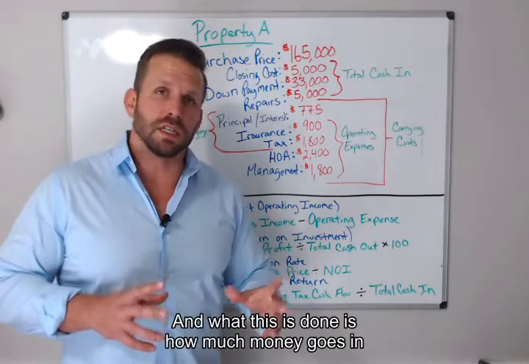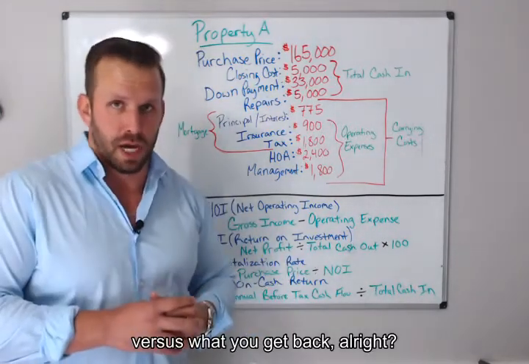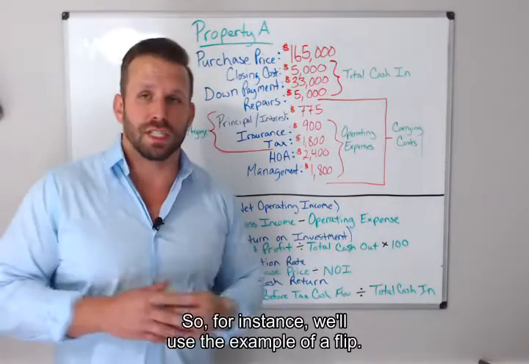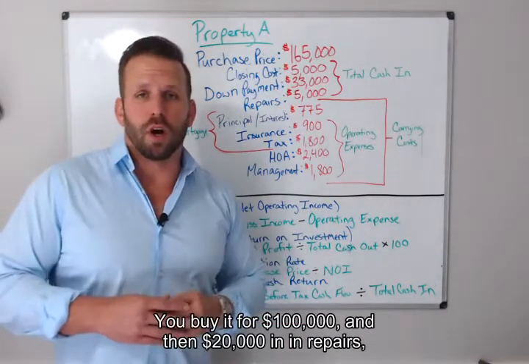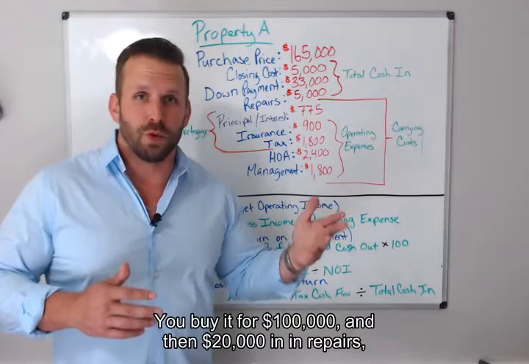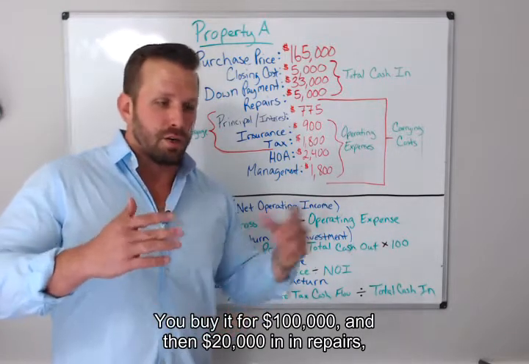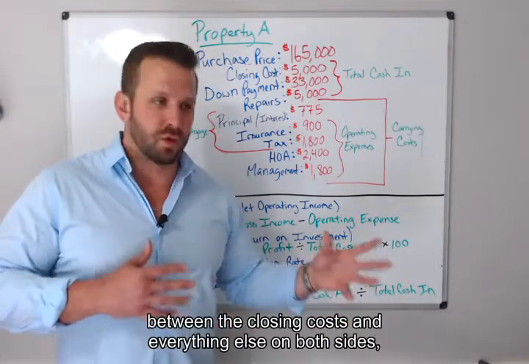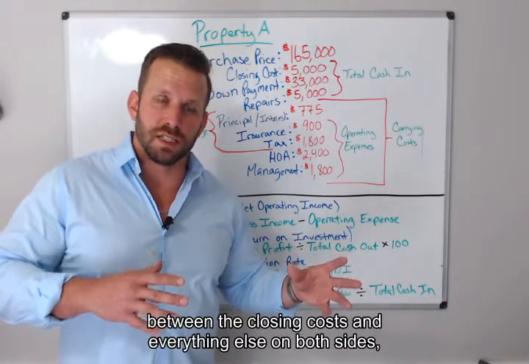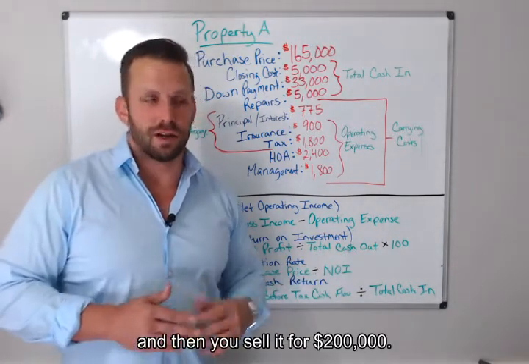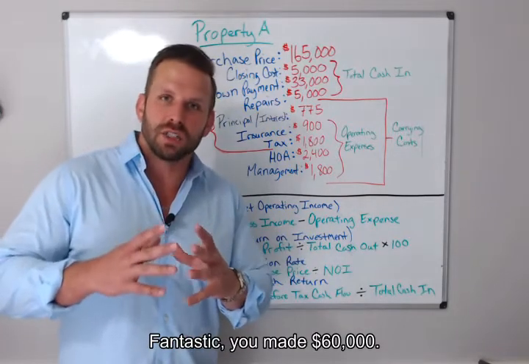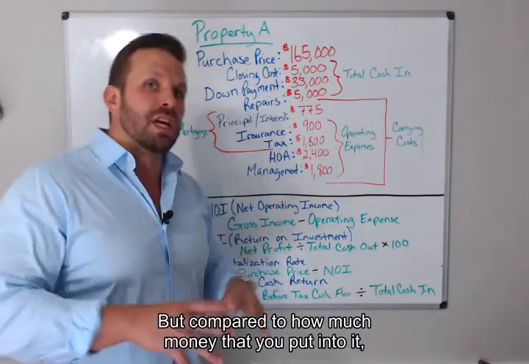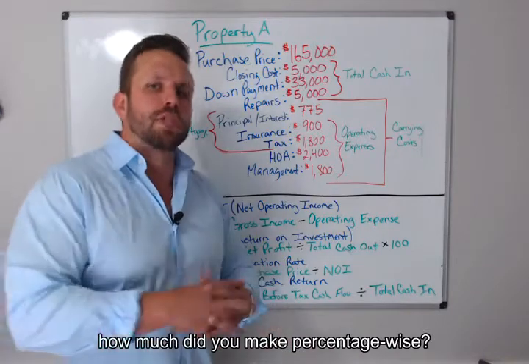And what this has done is how much money goes in versus what you get back. All right. So for instance, we'll use the example of a flip. You buy it for $100,000 and then $20,000 in repairs, and then it costs you $20,000 to sell it again between your closing costs and everything else on both sides, and then you sell it for $200,000. Fantastic, you made $60,000. But compared to how much money that you put into it, how much did you make